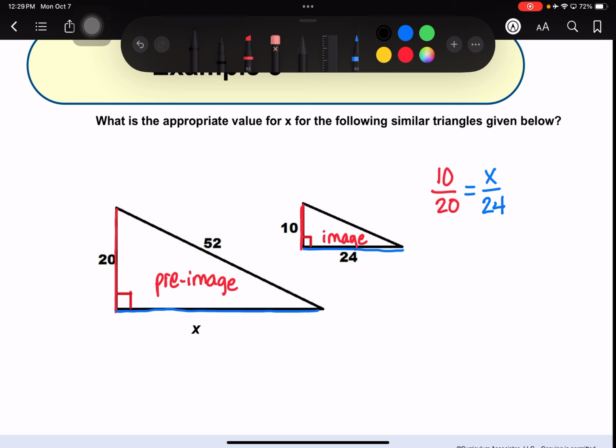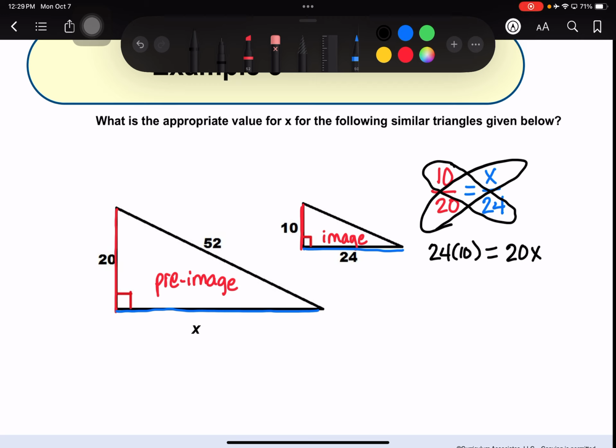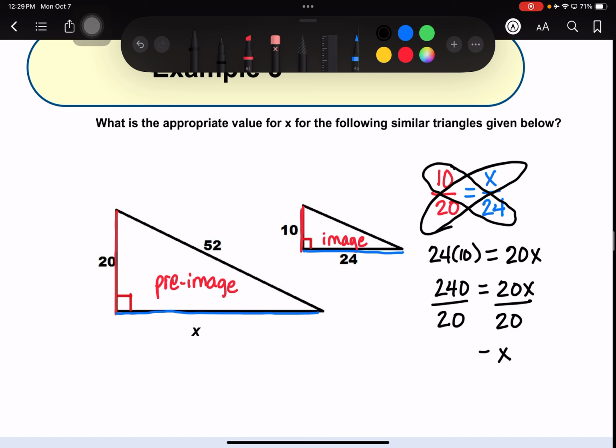Y'all heard about the butterfly cross products? Yeah, we did that last year. Go straight across. So I'm going to multiply 24 times 10 and set that equal to 20 times x. What's 24 times 10? 240 and 20x. We need to divide both sides by the coefficient, which is 20, and x equals